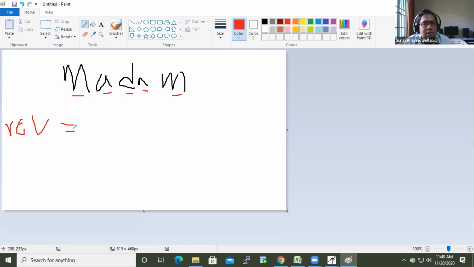One approach is you start accessing the individual characters from the end. I pick this character, put it in REV, then I take another character. Now REV is already there, to this I have to attach A, the one I have collected.